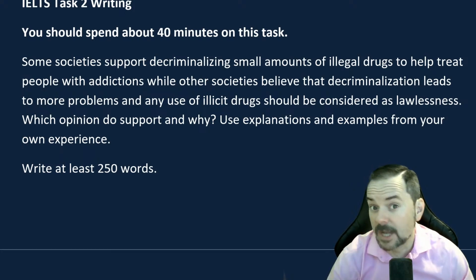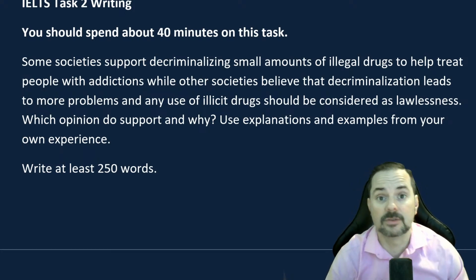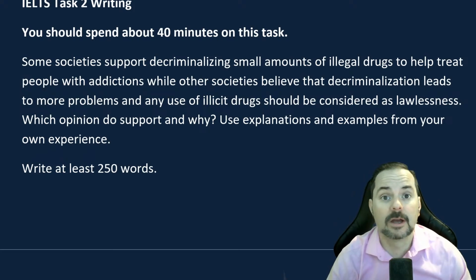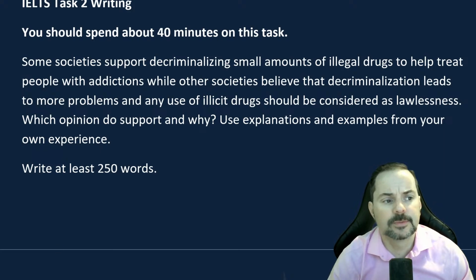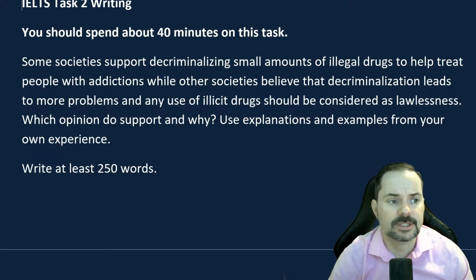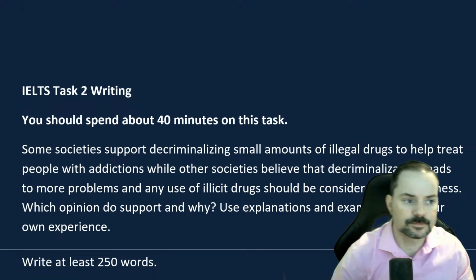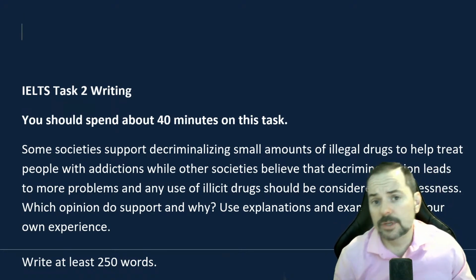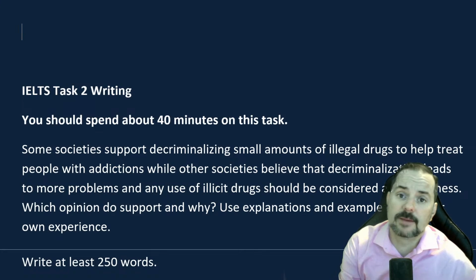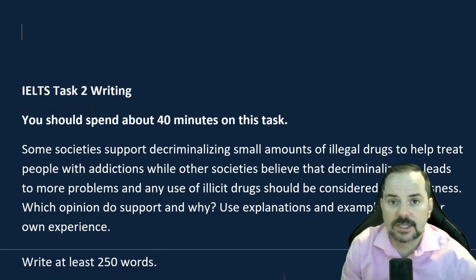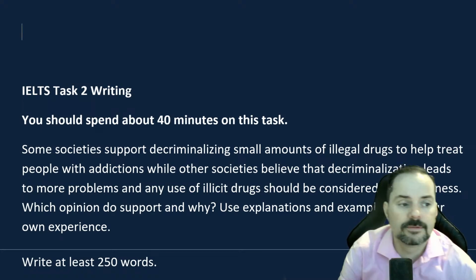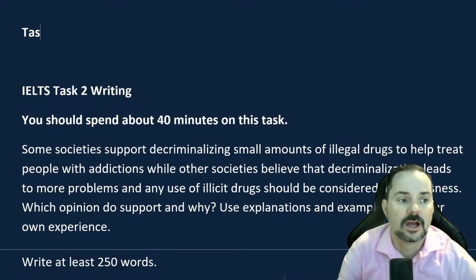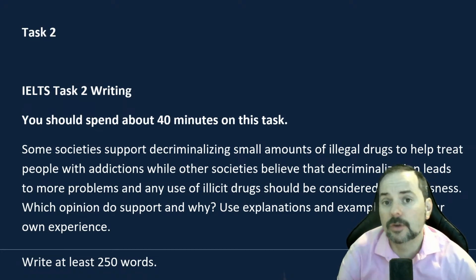some Western societies, like certain European societies, United Kingdom, or even Canada, the US, Australia. And I have a feeling that the reason, well, there's a couple reasons that IELTS probably does that. Okay, so, and I'm not sure if you've noticed this, but if you think differently, if you think I'm off my rocker, which means you think I'm crazy, then let me know. But all of the IELTS exams that I've seen and all of the IELTS Task 2 topics that I've seen tend to reflect current topics and tend to reflect topics of interest.